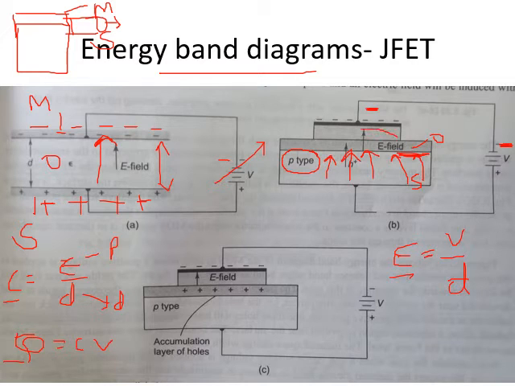And what is this? This is the electric field, always from positive to negative, correct? And what we see is that the majority of the holes just come near the junction. Okay, so here this is the oxide. This is metal, black color is the metal, this is the oxide, and this entire thing is the substrate, right?